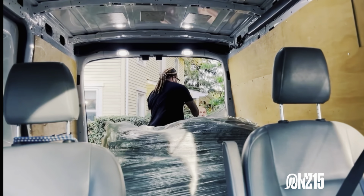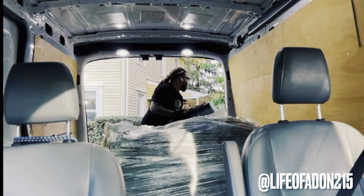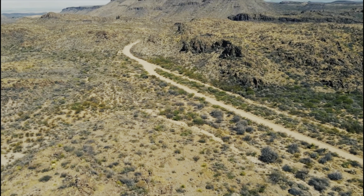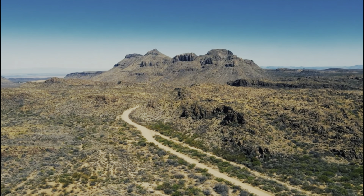First off, you can't jump into the cargo van business without doing some research first. You gotta understand your local market, and you gotta know what the demand is out there. You gotta know what you wanna do. You can do local contracts like I do. You can go OTR if you wanna travel all over the country, or you can do gig apps. But you have to know which one you're going to do